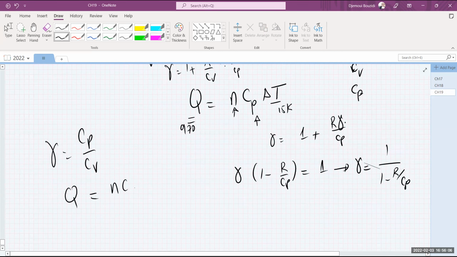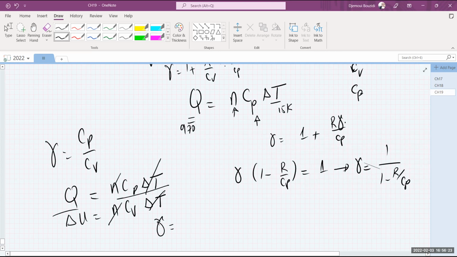As a matter of fact, we can write these two expressions one by one. We have Q equal to N CP delta T, and we have delta U equals N CV delta T. Take the ratio of these two expressions side by side. The delta T cancels, and the N cancels. This gives me gamma equals the ratio of Q over delta U. Actually, this is a lot smarter than the other two methods. It does not require much algebra at all. So this is 970 divided by 740, okay? This is so easy that it is probably going to give us the answer right away.